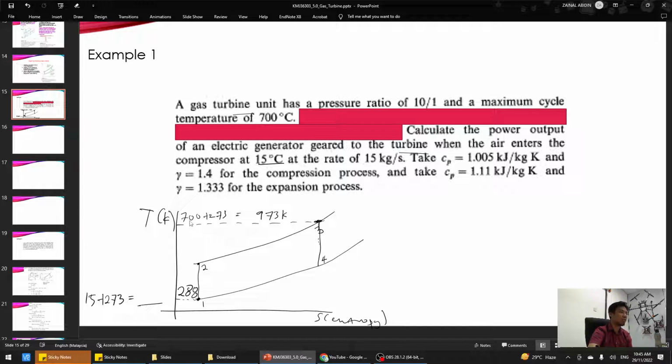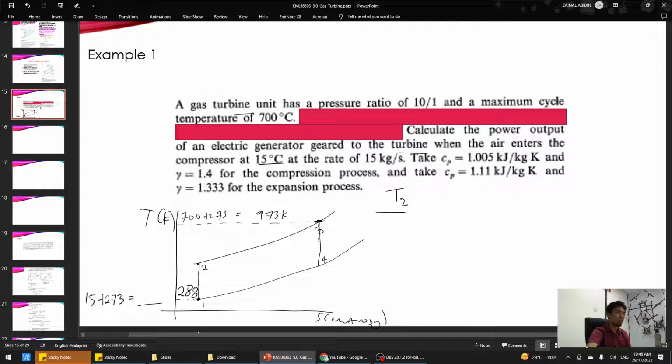From this question, what you need is actually the temperature itself. In a gas turbine, the most important thing is the temperature at each of these points. At each point we need the temperature in Kelvin, not degrees Celsius. So to find T2 here,